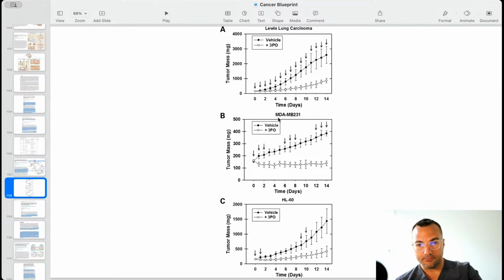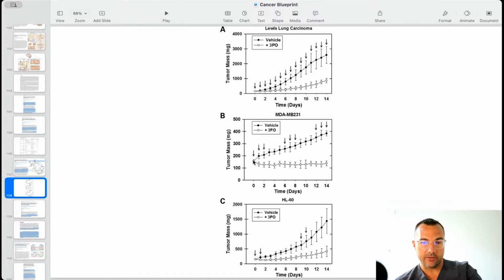Then they looked at another model. I want to say this is a skin cancer model. I'm not sure. MDA. I think it's actually a breast cancer model. I've seen MDA-MB-231 several times. I think it's a breast cancer model, and we see it's even more exaggerated. You know, we see about a 4-fold decrease at 14 days of slowed down growth. We see it effectively stop growth. I mean, you see it about 150